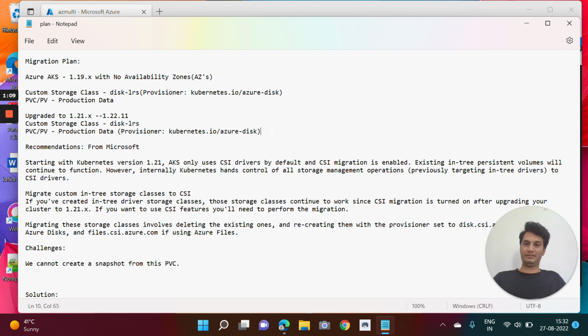Now, after some time, some compliance or architecture team came into the picture, and they said, now you have availability zones, so just move your workloads from the existing storage class to a new storage class. Like, we need to move these workloads. Even Microsoft has recommended moving the entry storage class to the new CSI drivers, so that we can avail CSI drivers. Starting from Kubernetes 1.21, AKS only uses CSI drivers by default, and